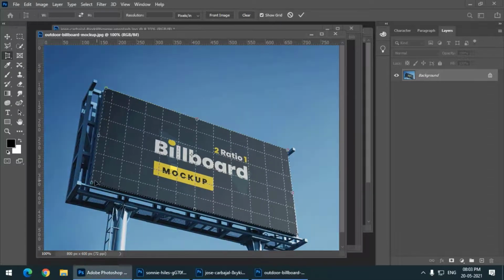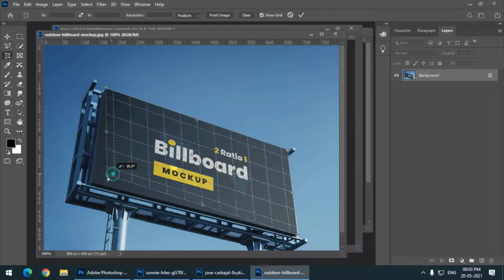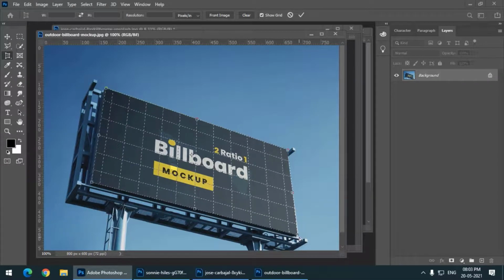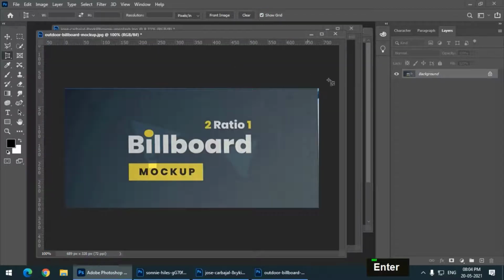You can always make changes after completing the 4 points, and if you are satisfied with your selection, you can simply click over here or press Enter or Return key on the Mac. If you don't want this grid, you can turn off the grid. Simply press Enter. As you can see, the perspective has changed to the front on view now.